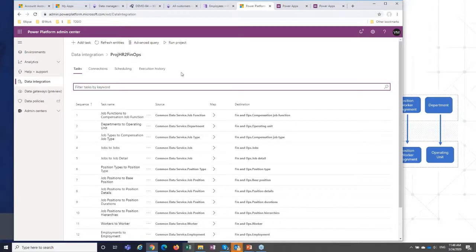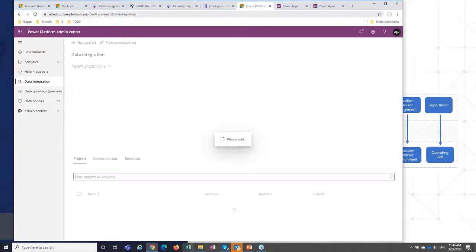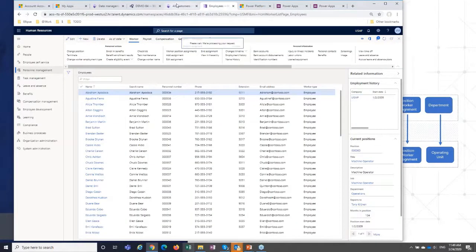All right, so let's demonstrate the scenario that I wanted to show you in the data integrator. Let's hire a new employee here.